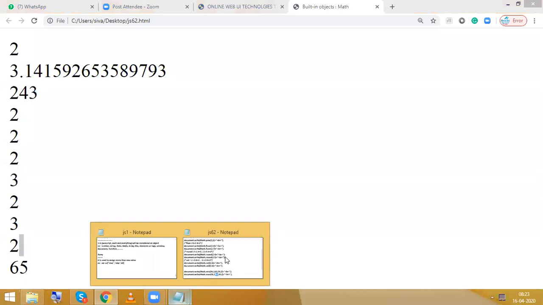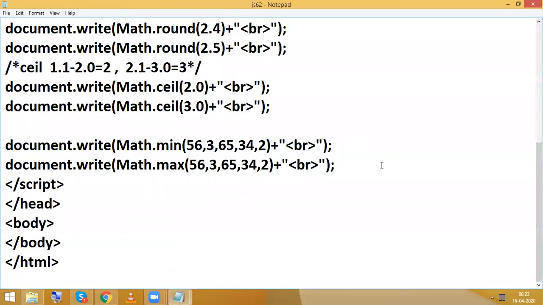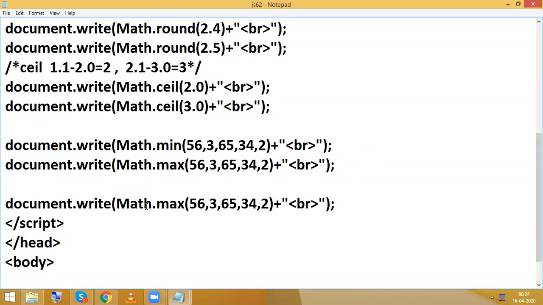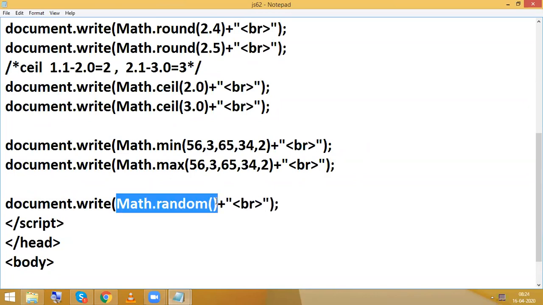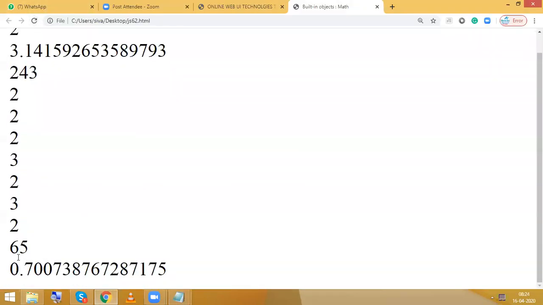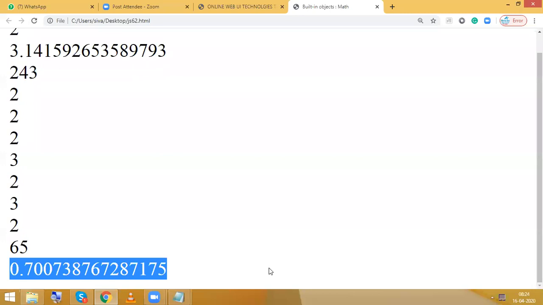So next we are going to have Math.random. Math.random means it will randomly generate some numbers. Now if I give Math.random directly, what happens here? We are going to get some random number between 0 and 1. The result is 0.7. Just refresh.